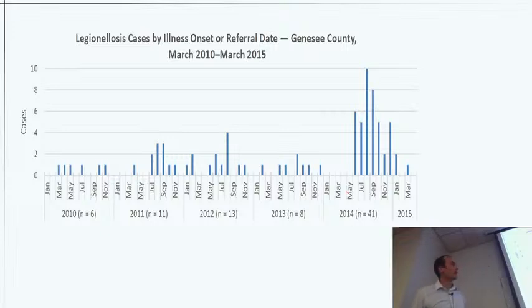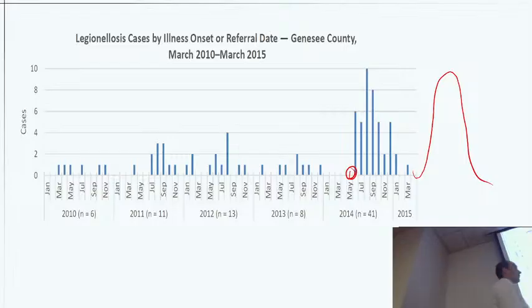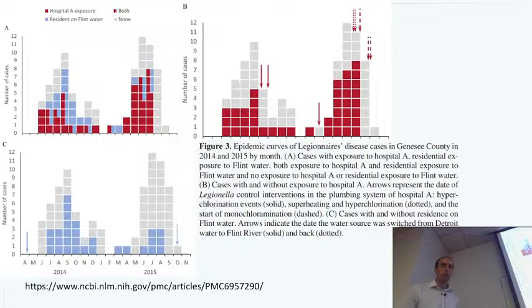Well, in 2014, sometime around April, May timeframe, something happens, and now we have a pretty big spike. And it turns out the following summer in 2015, another one. I wonder why. So that coincides quite well, if you recall, with the Flint water crisis drama, right? With the change of the water. And that's quite apparent that something happened, right? So to figure out what happened, there were some studies, and there's a bunch of data, these epidemiological curves showing